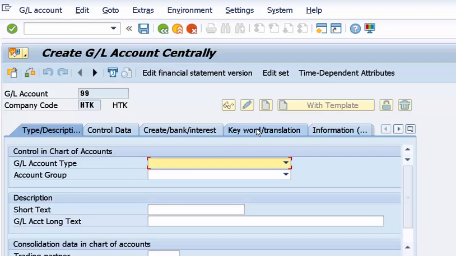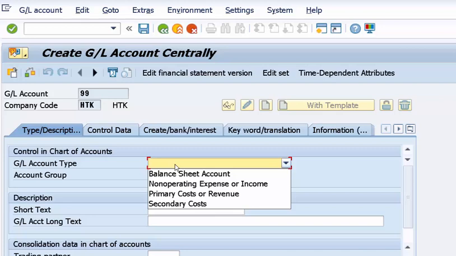First and foremost thing, if you observe, the GL account type is something which is newly introduced here. Earlier only account group used to be here, and the GL account type has four different types you can use. One is the balance sheet, which means all the assets and liabilities, you can use balance sheet account. And then you have something called primary cost and revenues, which are typical operational cost and